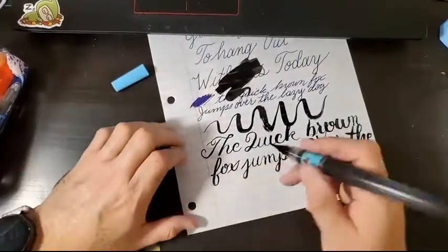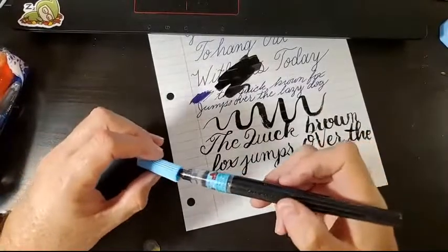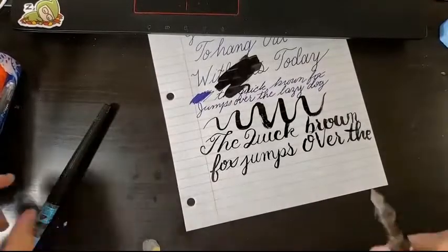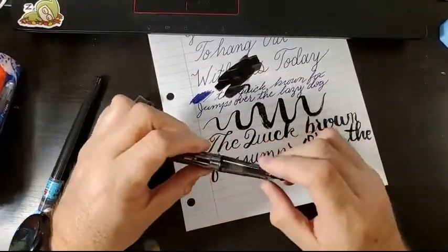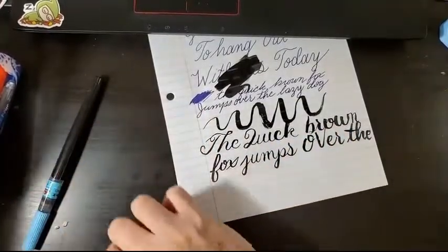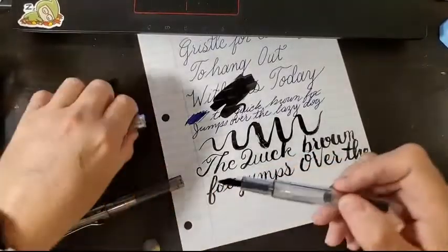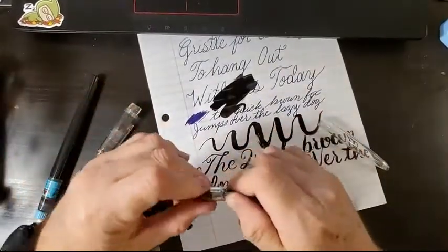That's why I always say, if you have something that's going to be easy to clean out, like something that's not a Jinhao 992, maybe a Jinhao 599 would be okay. The reason I don't suggest the 992 is because the section has an inner device. And if you unscrew this bit,